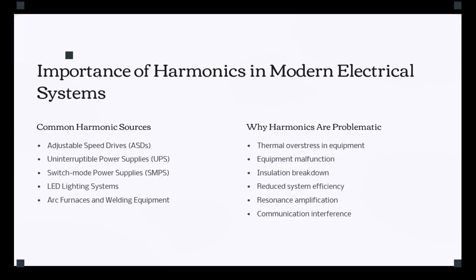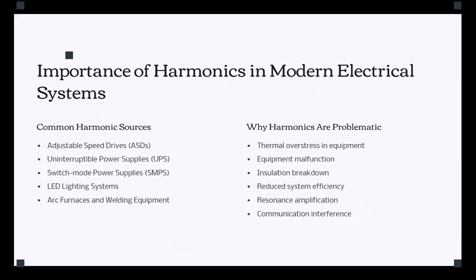So that basically means more power loss, which means temperature rise, and this basically reduces the equipment life expectancy. Now, those harmonics also can cause a malfunction or misoperation when we talk about sensitive devices, like digital controllers or like a medical machine. It's because they depend on a clean and stable electrical signal, and any problem with the power quality, when the power quality is poor because of the harmonics, can make them respond incorrectly or even shut down